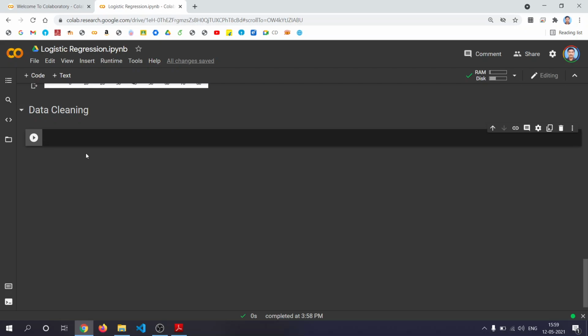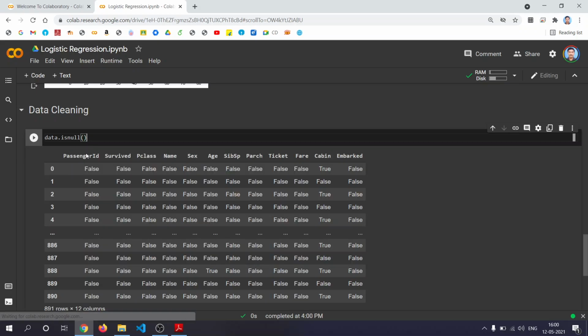Missing data can produce the maximum number of errors in the case of classification or any analysis. So we'll try to find out how much of the data is null. So is there any missing data? That's what we would like to find out.